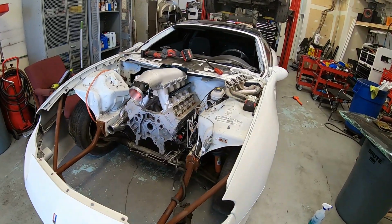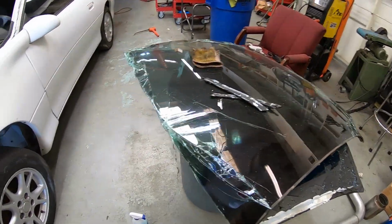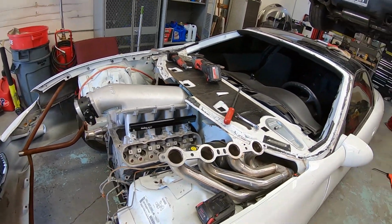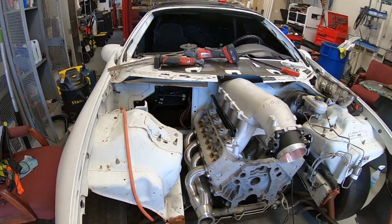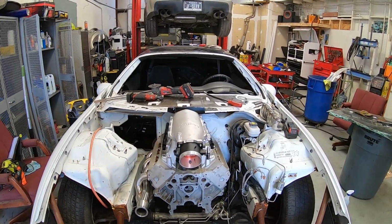So we got the white car in the shop. Yesterday we painfully removed the windshield by hand. Got the cowl cut back so that the high rim fits. Today I'm going to be finishing cleaning up the cowl, cutting this lower portion off here. Probably pull the high rim back off, and eventually we're gonna need to get the dash out of the car